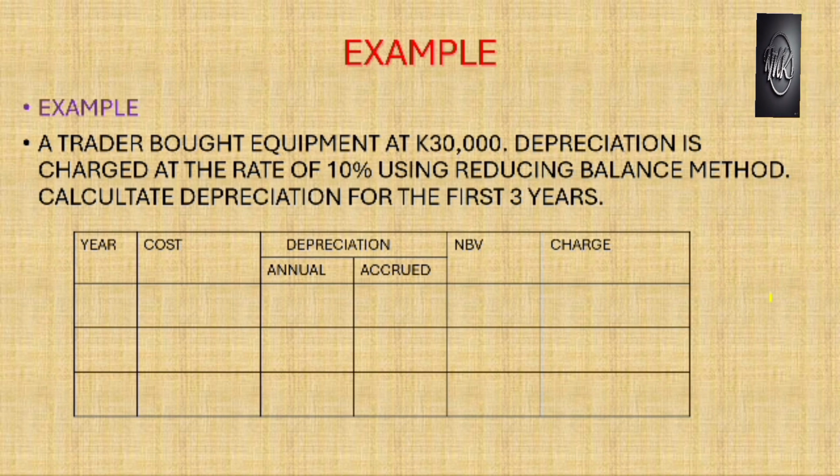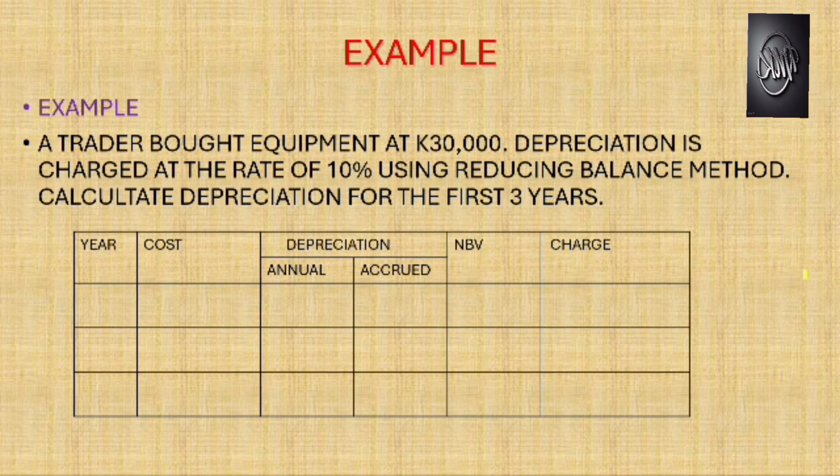in charging depreciation. Example: a trader bought equipment at 30,000 kwacha. Depreciation is charged at the rate of 10% using reducing balance method. Calculate depreciation for the first 3 years. Whenever you're using reducing balance method, I know there are some other shortcuts, but to be precise and accurate, use